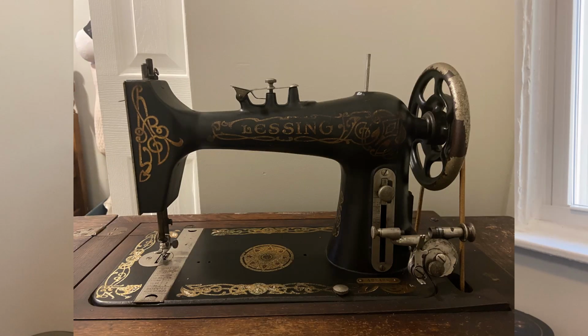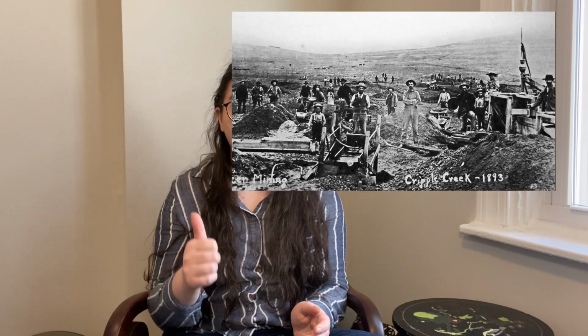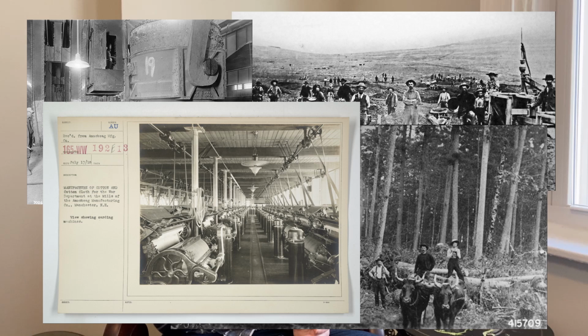So Suzie is a Lessing sewing machine, which was not very popular. Lessing was a subsidiary or a special type of machine that was made by the King Sewing Machine Company. King Sewing Machine Company was based out of Buffalo, New York, and would have been heavily reliant on Buffalo's mining, iron, logging, and manufacturing industries. So the mining and the iron processing and the logging industries would have been very important to get the raw